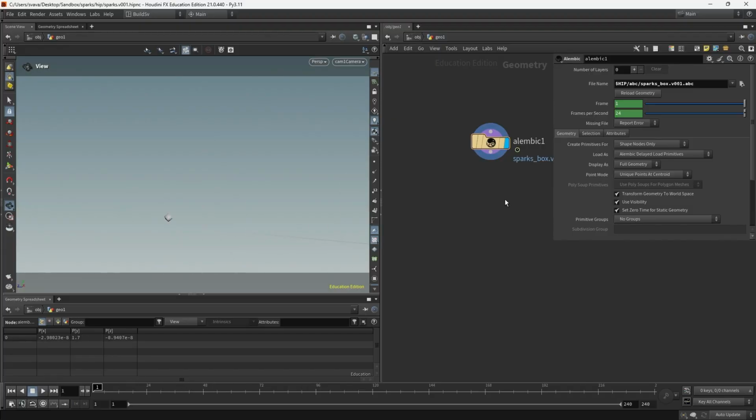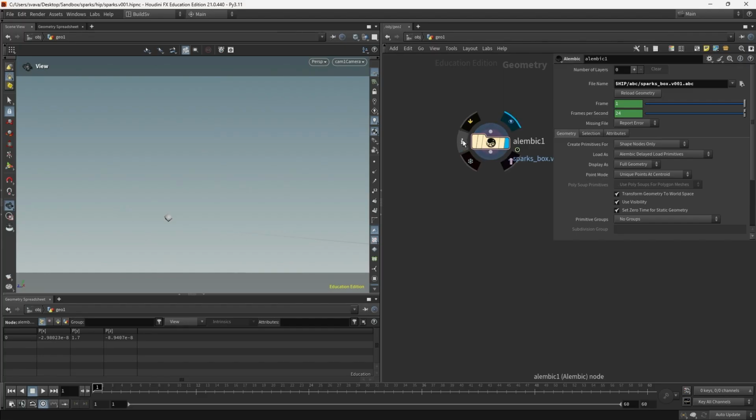And it goes really fast, so I'm gonna toggle real time to limit it to real time playback. And then I'm just gonna shorten my timeline. Let's just say 60. So we got this.